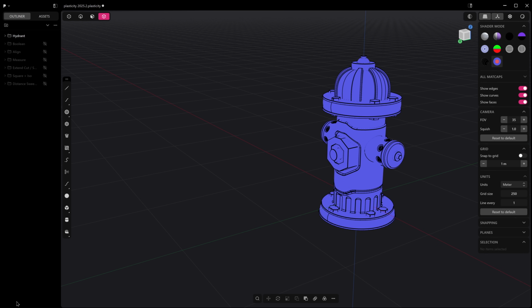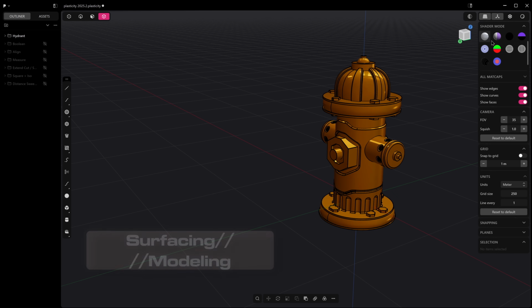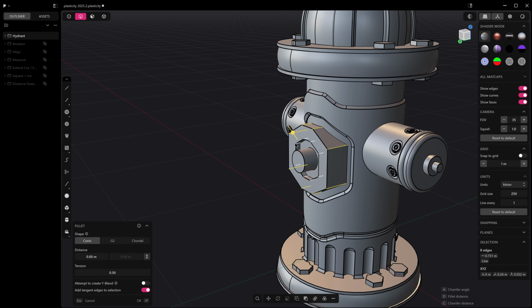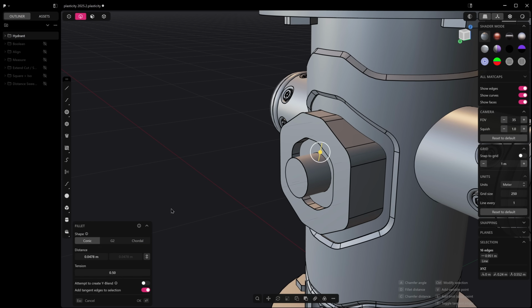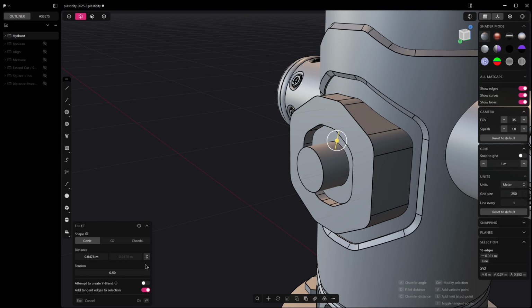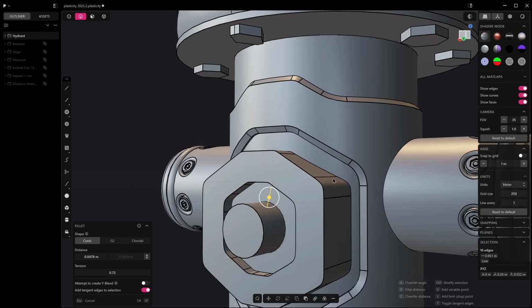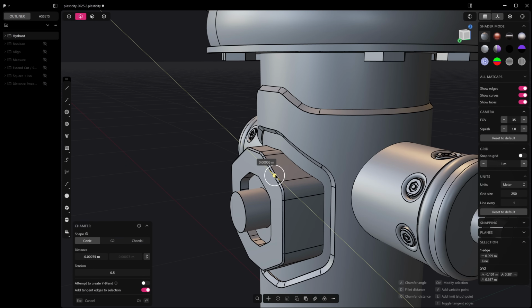Now moving on to the surfacing and modeling tools, we'll just go into our regular shader here. And let's find something here. Let's just take a loop, an edge ring. Okay, so we now have tension on our fillet. So we can now, if you can see what's going on over here and down here, change the tension of our fillet without having to use a bridge curve, which is really great, because that means that we can get a lot more